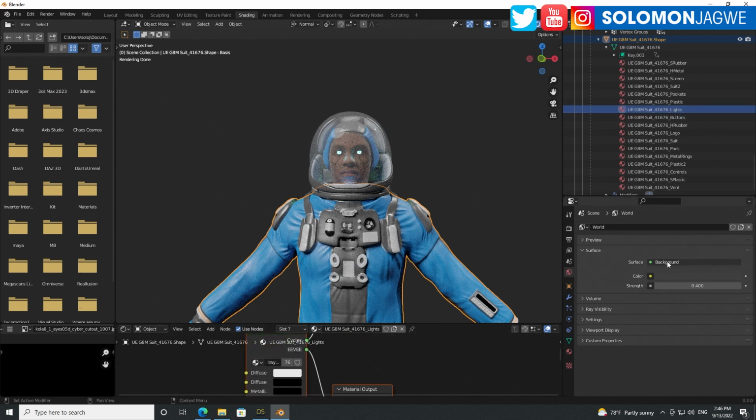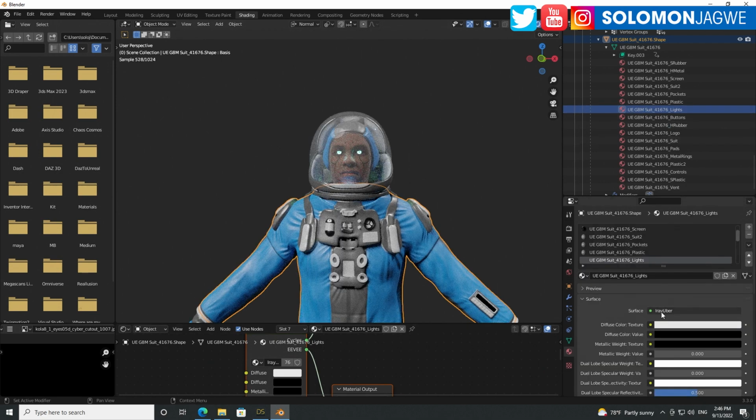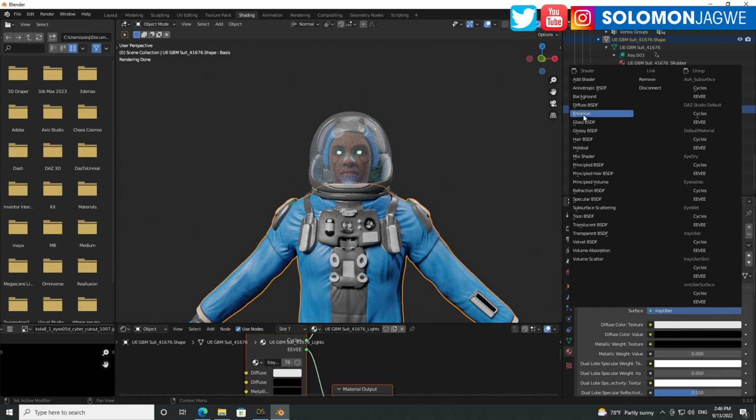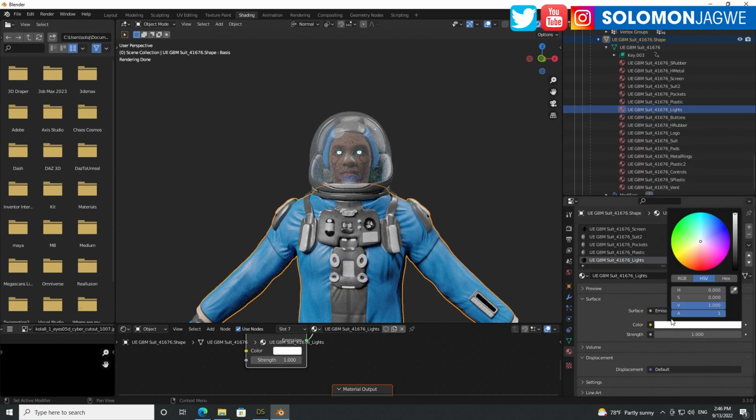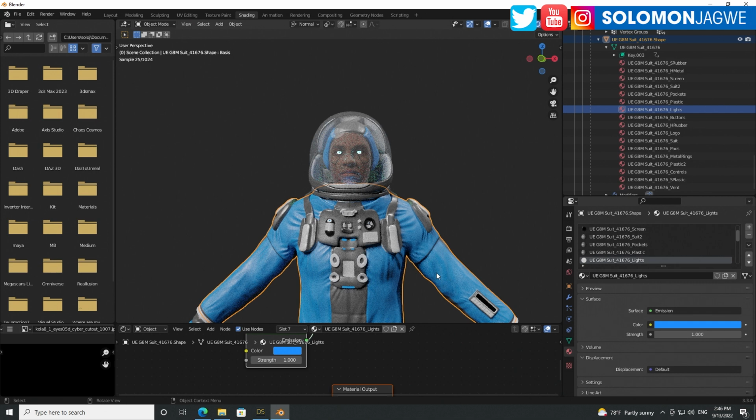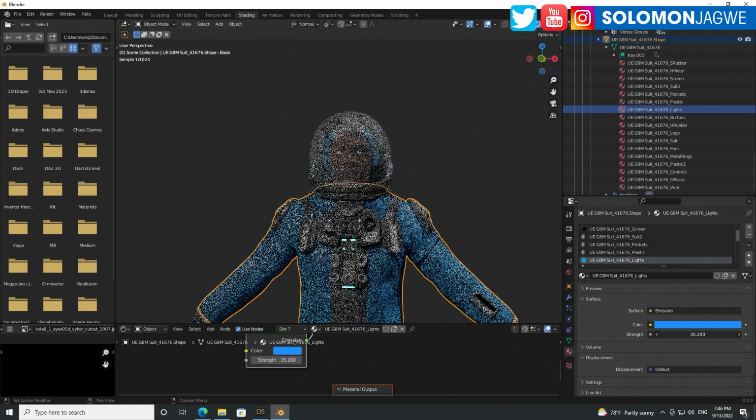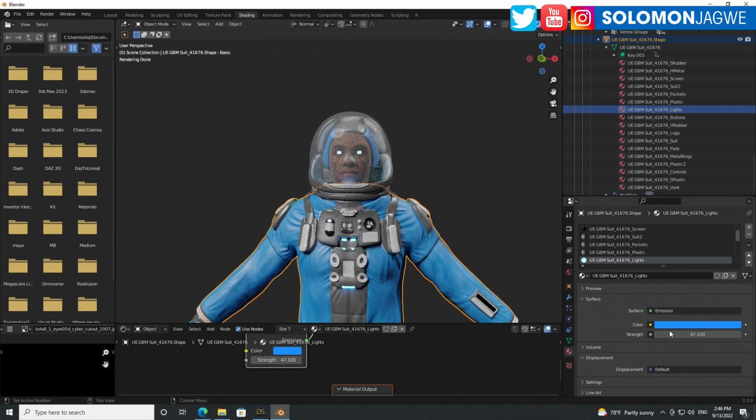Make sure you double click on that. Go to array, emission, color, blue, increase the power, and you can see it showing through nicely. Are there any other lights? Let's see, plastic. All right, doesn't seem like there's another light.